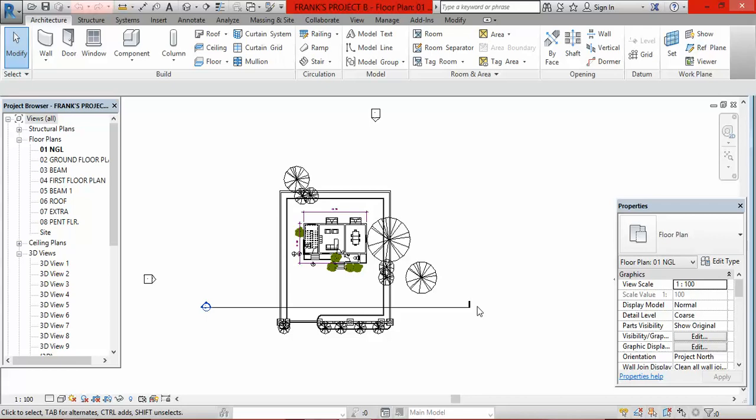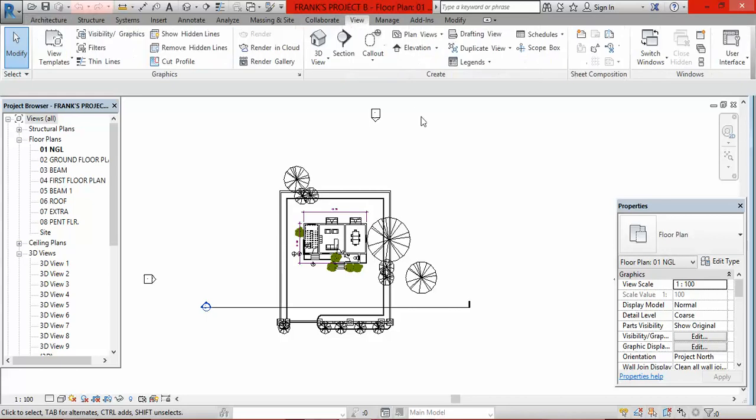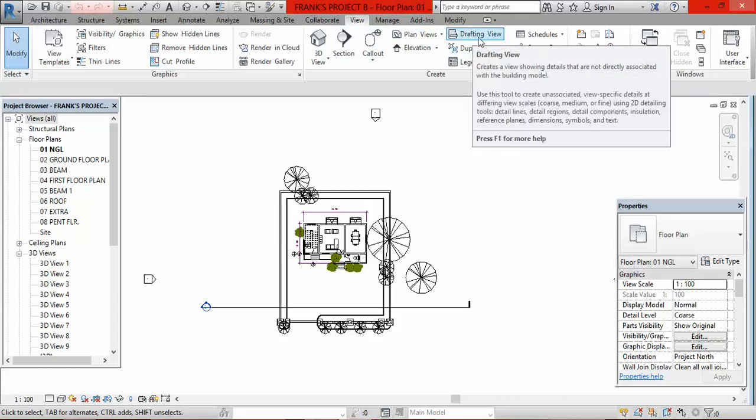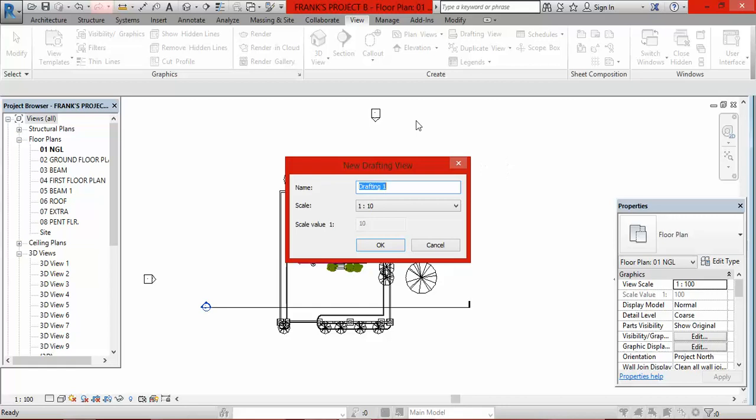How do you create your drafting view? To create your drafting view, you come here at the tab section. You can see the view tab here. Click on the view tab, then it's going to bring these ribbons for you. At this point, you will see the drafting view. Click on the drafting view, then it's going to bring out this dialog box. In this dialog box, you are going to change the name and give the drafting